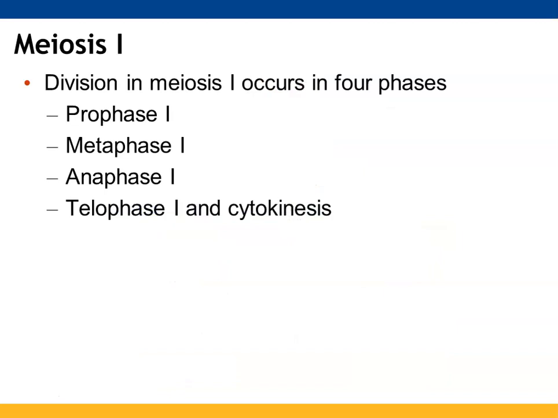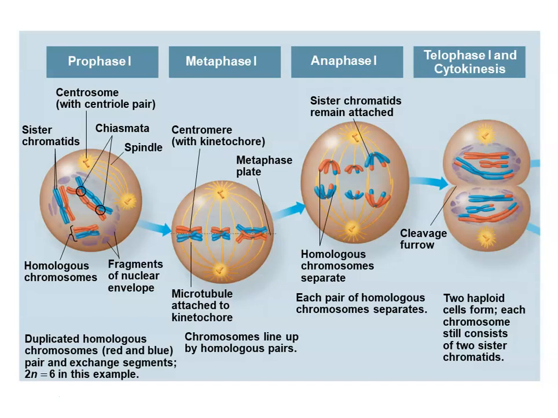So both meiosis I and meiosis II are going to involve the phases we saw with mitosis: prophase, metaphase, anaphase, and telophase, as well as cytokinesis. So here you can see with prophase 1, your homologs are paired together. We're going to talk about the chiasmata that can form. You still have the spindle taking place, you still have the nuclear envelope fragmenting, but your homologous chromosomes pair up